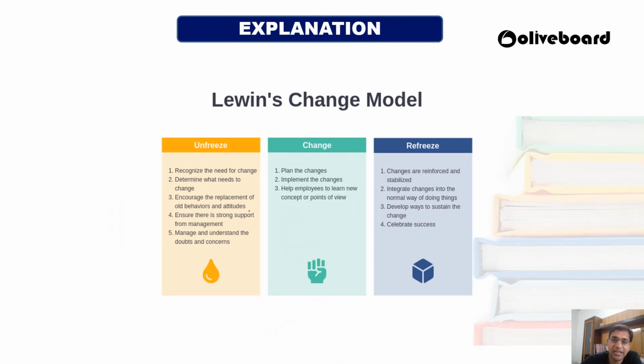So this is regarding the Lewin change model. Okay, first in the Lewin change model, you have to unfreeze, you do the change, and then you refreeze. Right? So first of all, you analyze what changes are required. Okay, you recognize the need, you determine what needs to be changed, then you start replacing the thing. Okay, if there is any kind of old behavior, you convert it to a new behavior. Okay, then manage the understanding. Then after that, once you have understood everything, you start changing the thing. Okay, that is the implementation